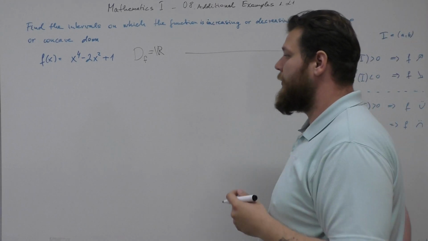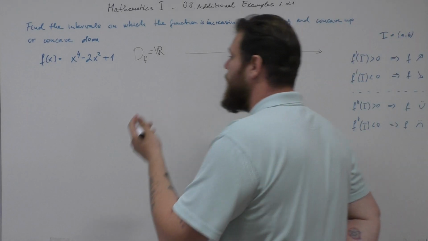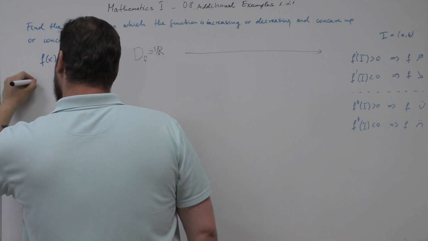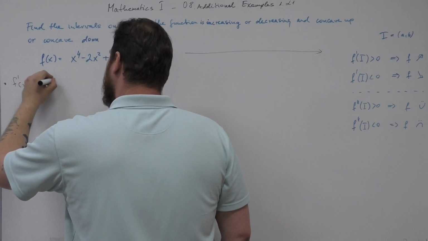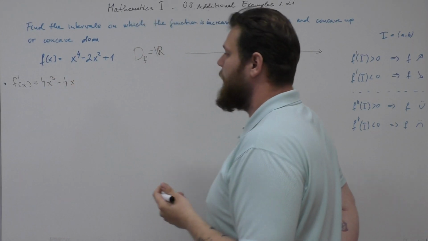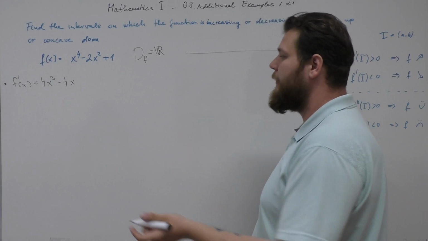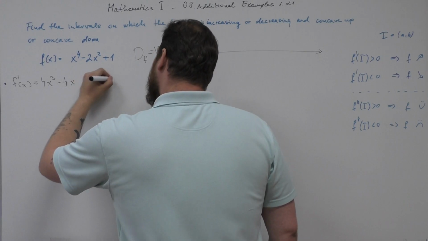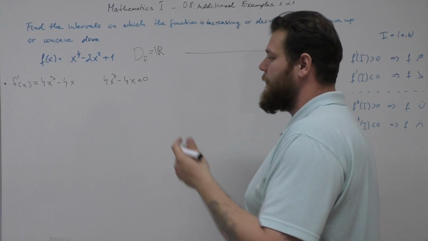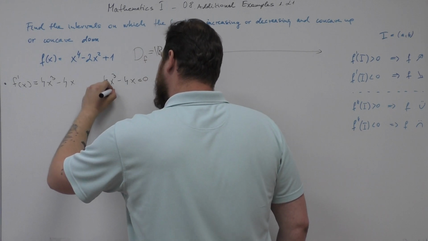To find where the function is increasing or decreasing, we have to use these rules. For that, we have to find the first derivative of the function, which is 4x cubed minus 4x. Since we have a nice function, we only have to find the zeros of the derivative, so we get an equation like 4x cubed minus 4x equals 0. Let's factor out 4x. We get 4x times x squared minus